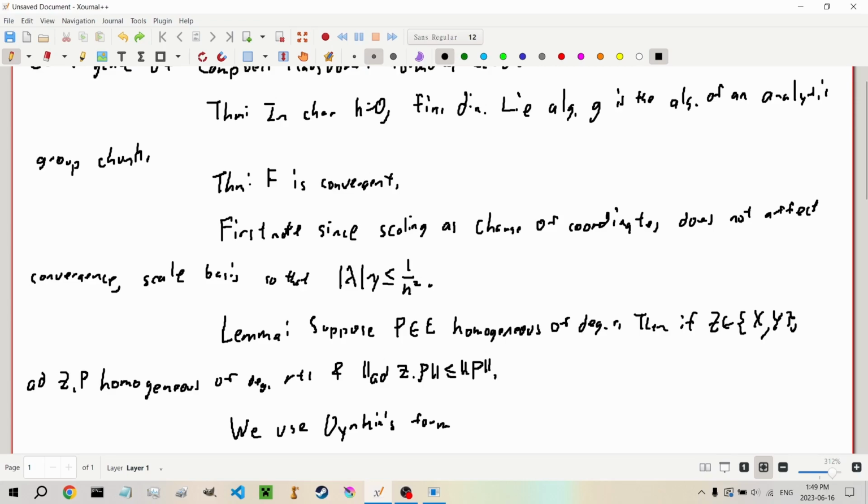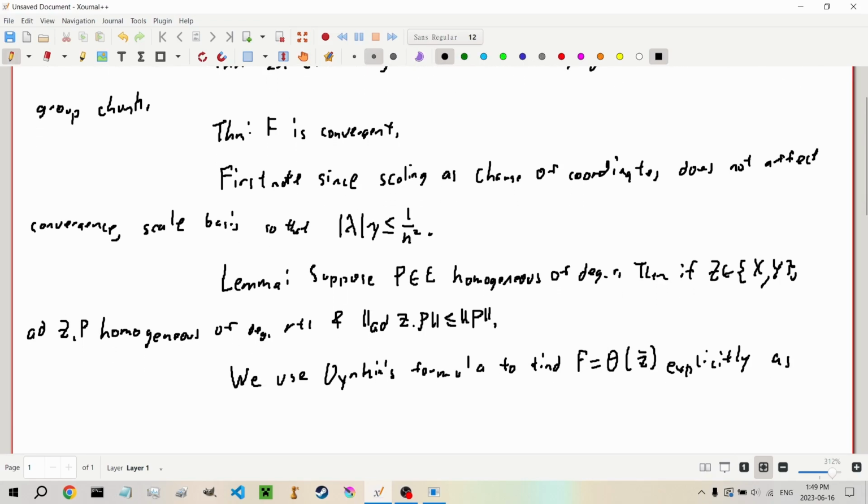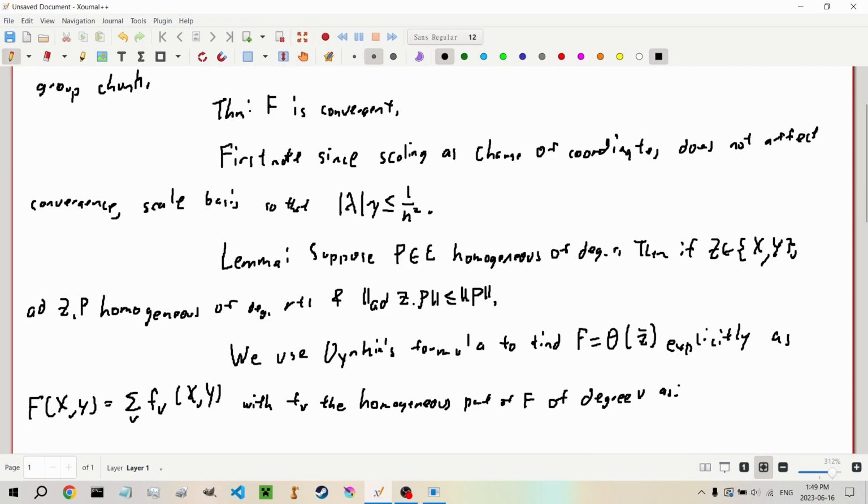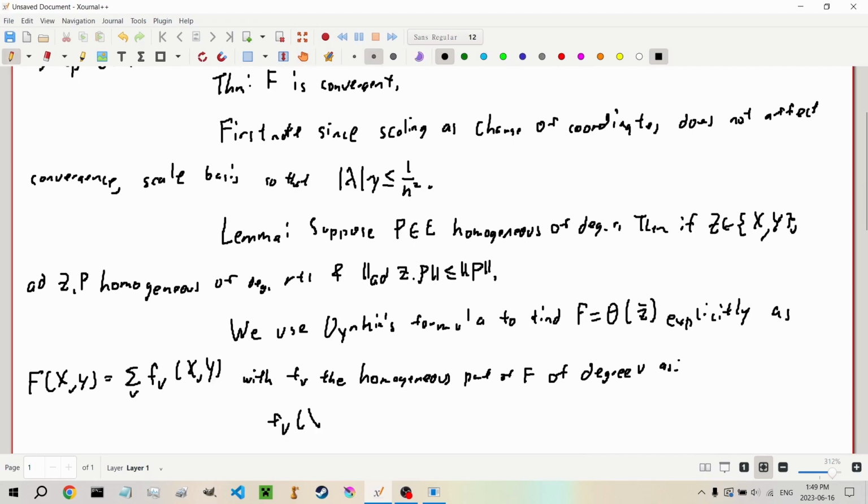It's from a different book, but just go with me on this one, I guess, to find explicitly f being theta of z bar explicitly, as f of x and y being the sum over nu of f nu of x and y, with f nu the homogeneous part of f of degree nu, as f nu of x and y